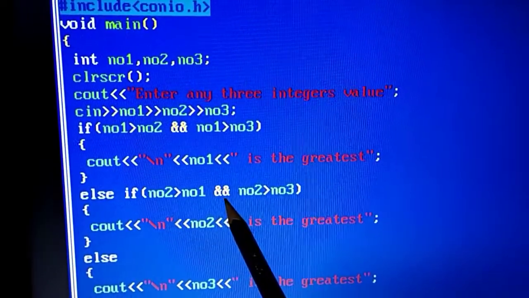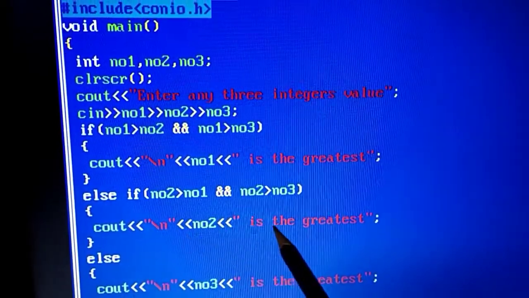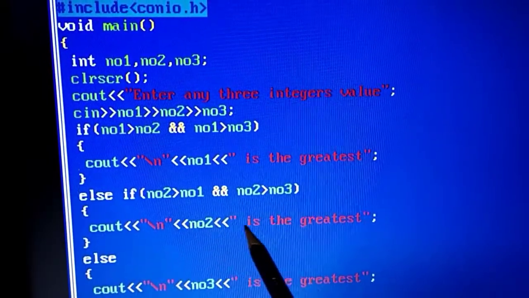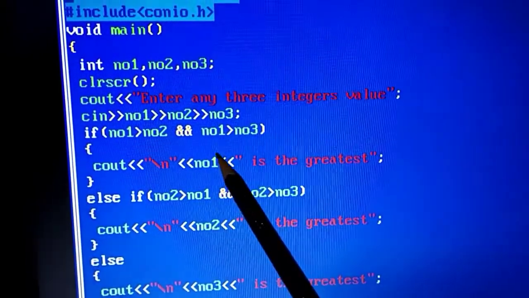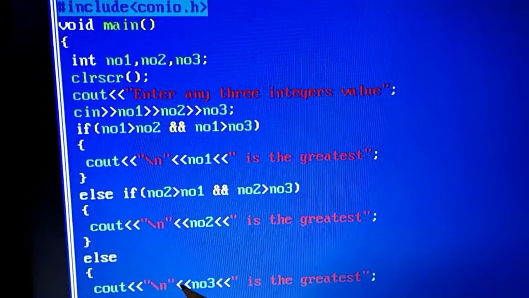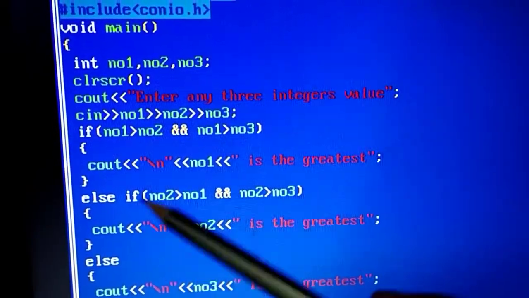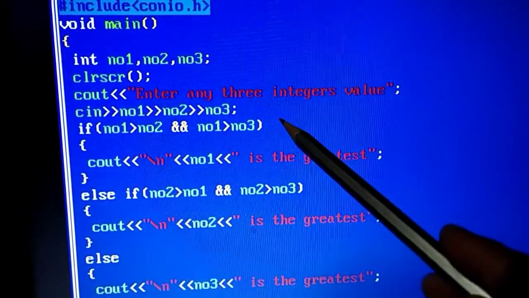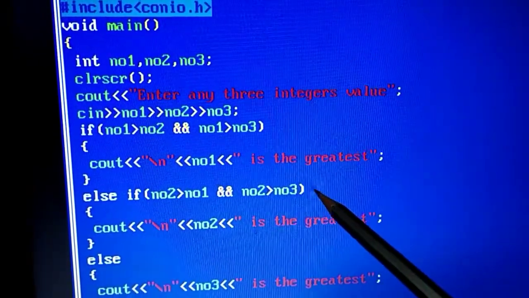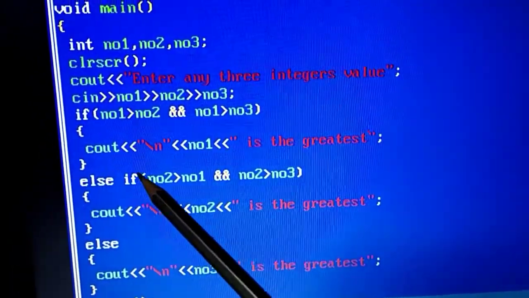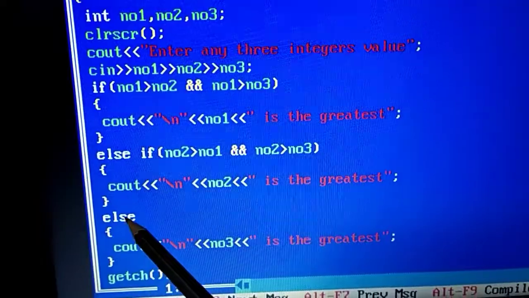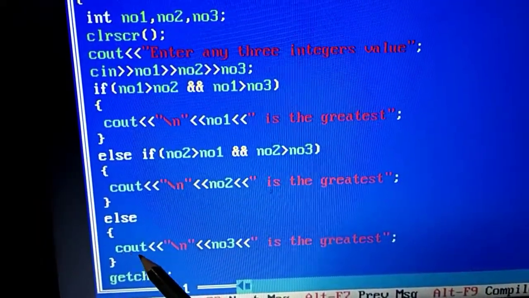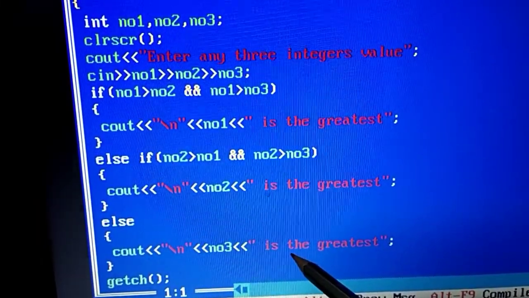If this condition is true, then this cout will execute, but the rest of the statements will get bypassed. But if the first condition is false and the second condition is false, then what happens? The execution will pass on to the else and the statement of the else will execute.